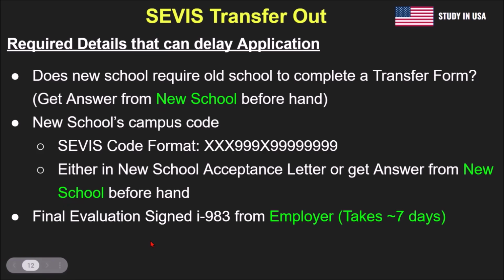Now the most important is the final evaluation form, which is I-983. You need to fill it, get it signed by the employer. You need to sign it as well before the employer signs it, and it takes around 7 to 8 days